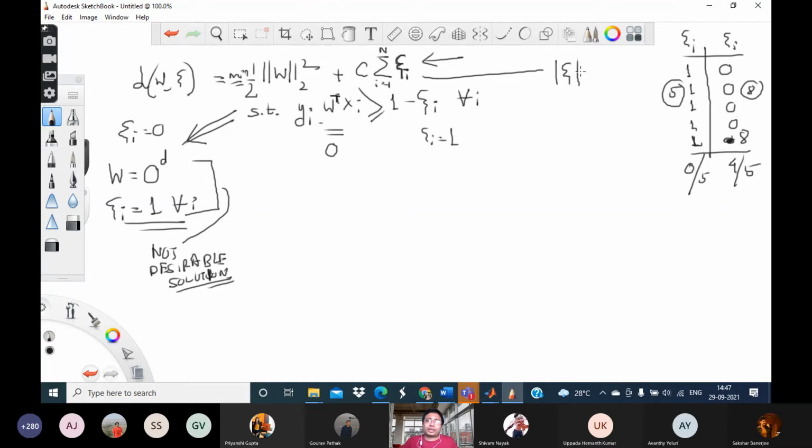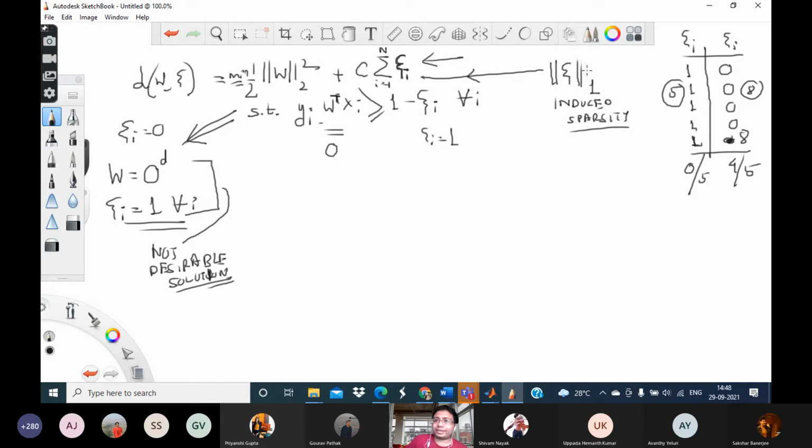We wanted the w vector to be as sparse as possible. And how did we do lasso regression? By using the L1 norm, right? So ideally, what we should have used here is the L1 norm of the xi vector. We could have just taken all the xi's together as a single n-dimensional vector and tried to make it sparse by using the sparsity-inducing L1 regularizer on it, right? That would have induced sparsity. That's what we should have done.